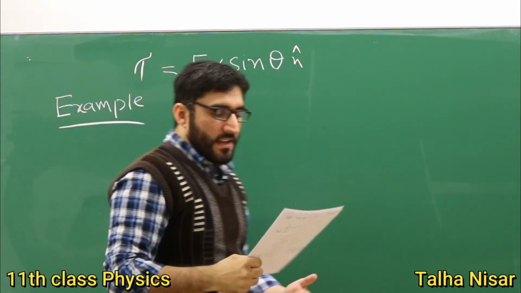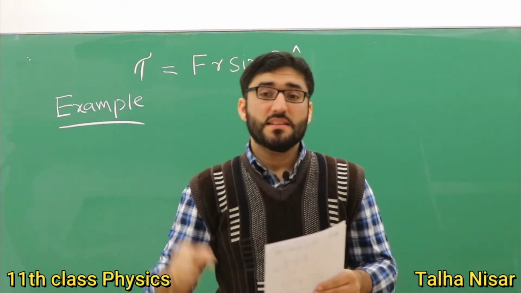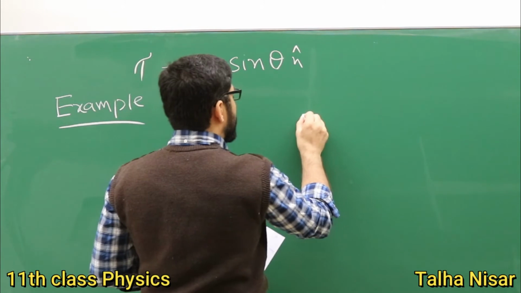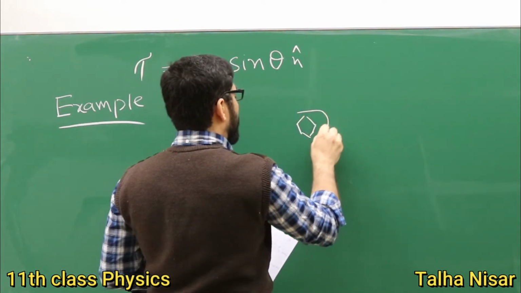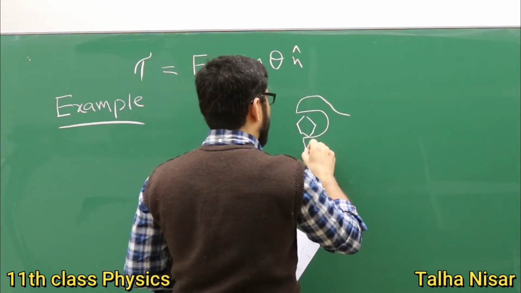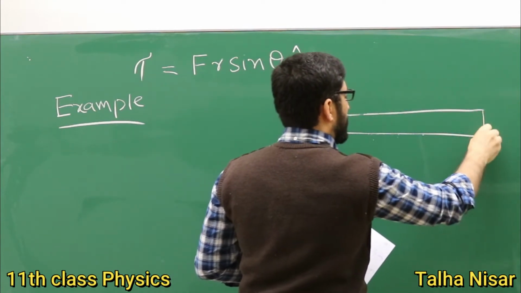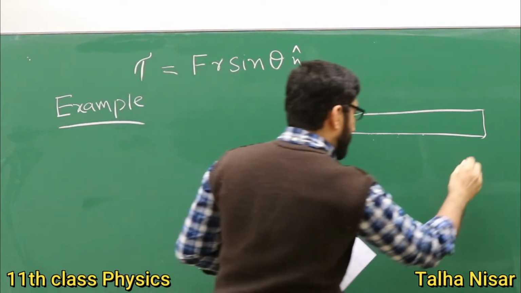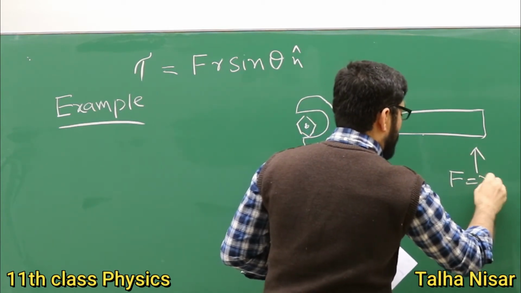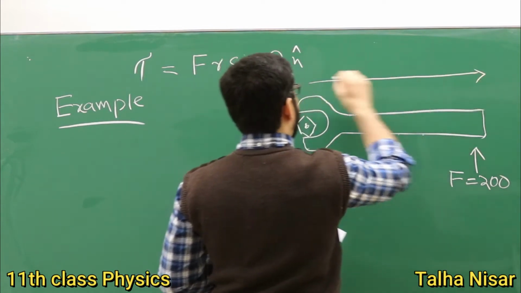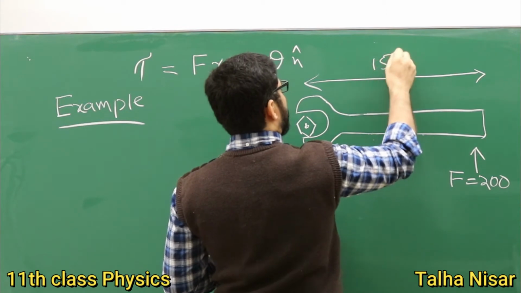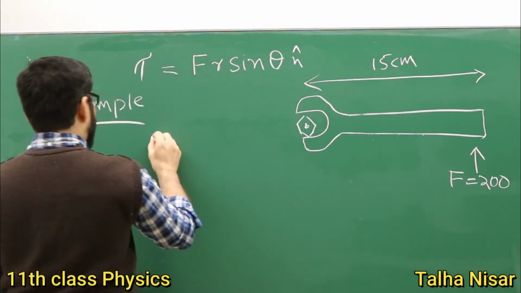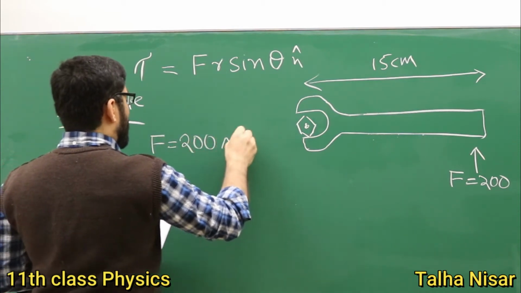So the example is, if a mechanic tightens the nut of the bicycle using the 15 centimeter long spanner by exerting a force of 200 newtons, find the torque. So there is for example here a nut, and then we have a spanner. Here is the line of action of force, because we want to tighten this nut. So the force is 200 newtons, and the distance here is 15 centimeter. Since here we know the angle is 90, the force is 200 newtons,